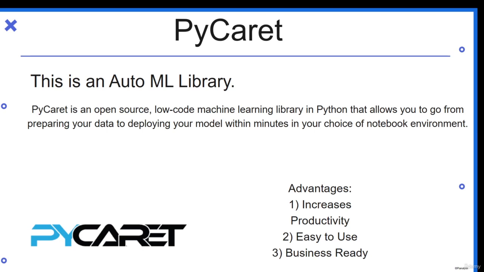Second is that it is easy to use. As I said, in model development using ML, we have to write an ample amount of code and logic. But in this, we don't have to write much. We just have to pass a single line of code to tune our model and to build our model, and we will get the work done. So that is easy to use, and it is business ready because it provides us the option to deploy a model. If you are in a business, you have to deploy a model and put your model in production. So this is a business-ready module.